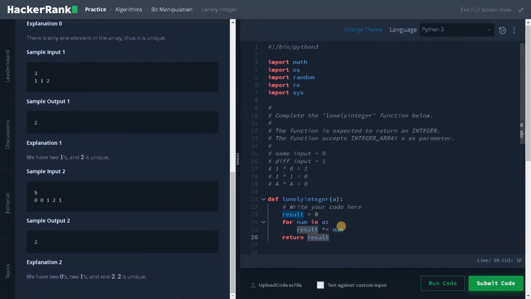So using this bitwise operation, you can solve various problems in a much simpler way. You just have to understand how bit manipulation works, and this will be very useful in handling different kinds of problems which have so much logic. Sometimes they can be solved using bit manipulation with easy logic like this.